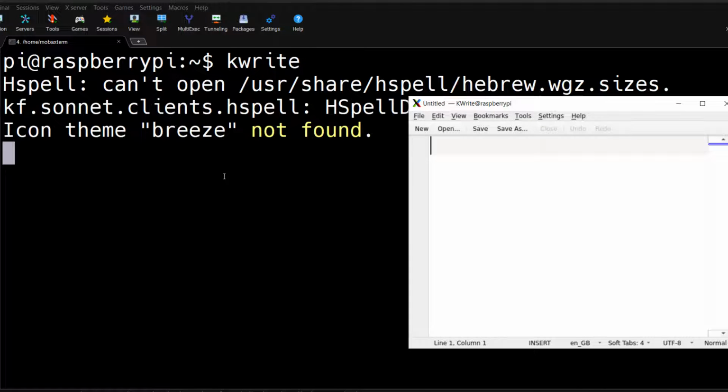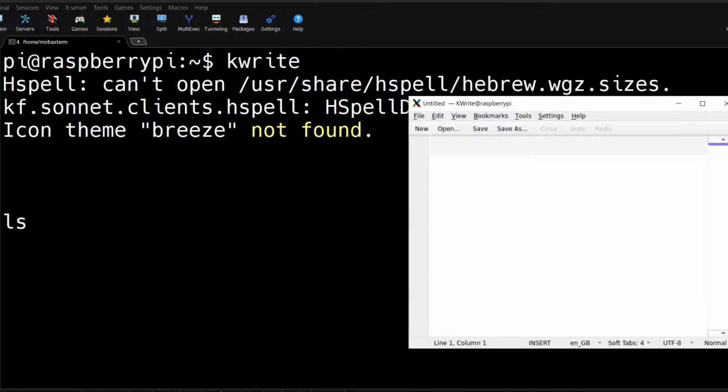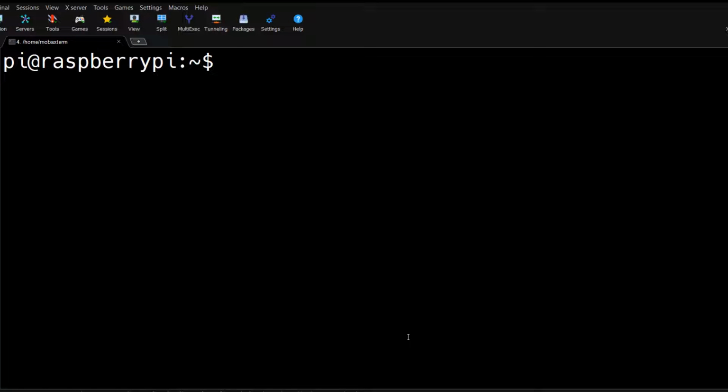Now, if you closely observe the command prompt, it doesn't accept any commands anymore. Okay, it is locked. That lock will not open unless we terminate this particular window. So let me close it, and you can see that whatever I had typed in earlier, it is now accepting as commands. Basically, it took all that input in the buffer and then it executed it when I closed that kwrite window. In case I don't want that to happen, then I can use the ampersand operator.